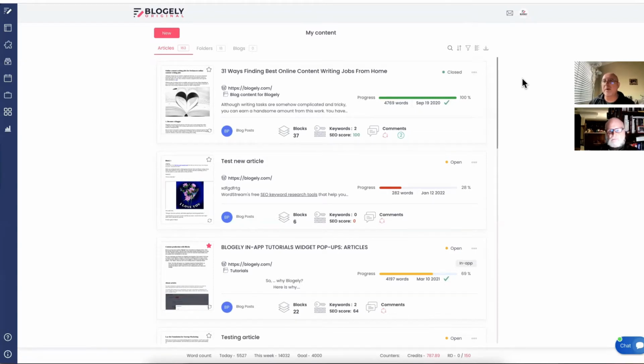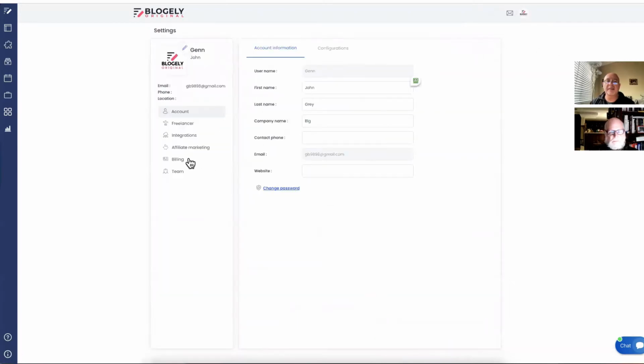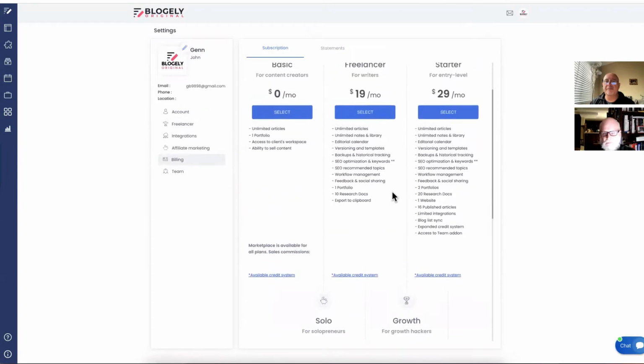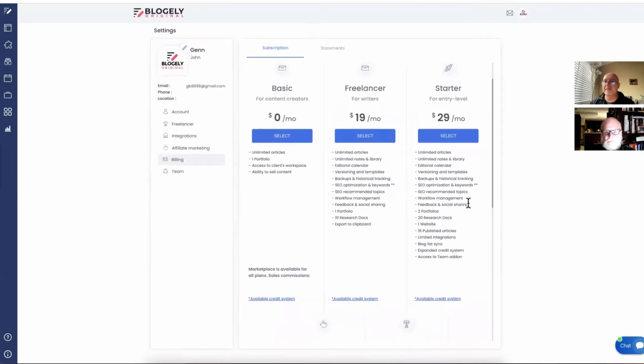So let's go right to the point. I'm going into settings, and in the settings, in the billing, I want to explain and show our different plans that allow different numbers of seats. So the freelancer plan does not have access to teams.